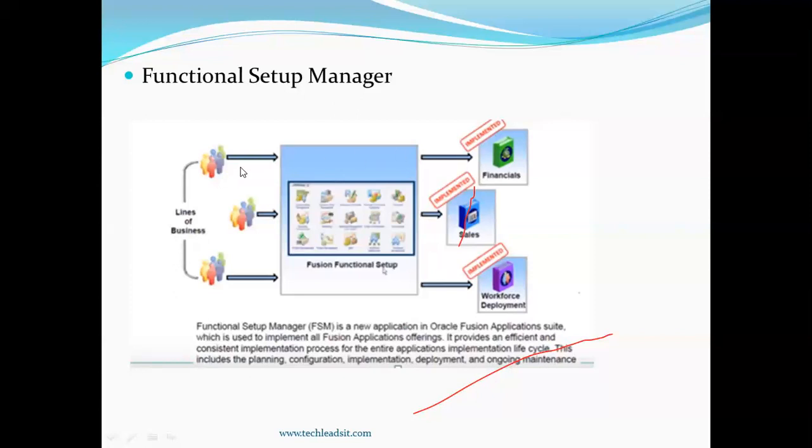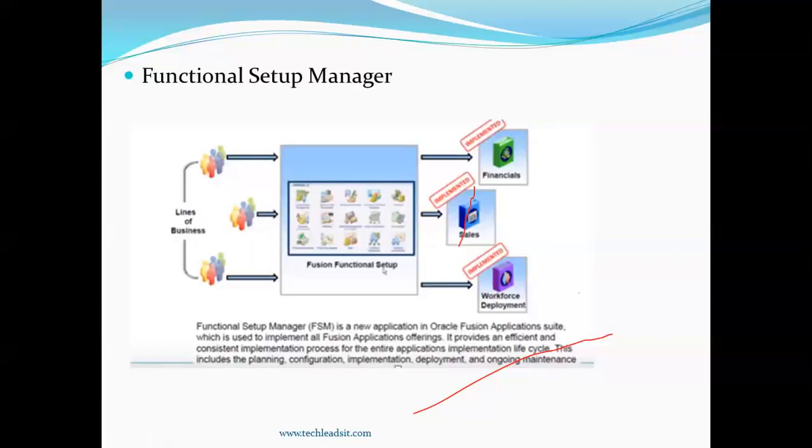So in general, if you want to implement the same in on-premise systems, nothing but Autoville, a single user can connect to the respective application, and they will try to switch n number of responsibilities in order to perform their configurations. Whereas in Fusion applications, any number of users can connect to the function setup manager, and simultaneously they can work together with these configurations.